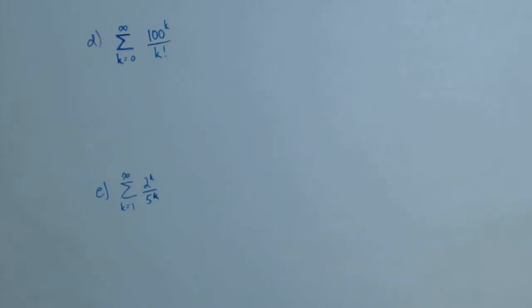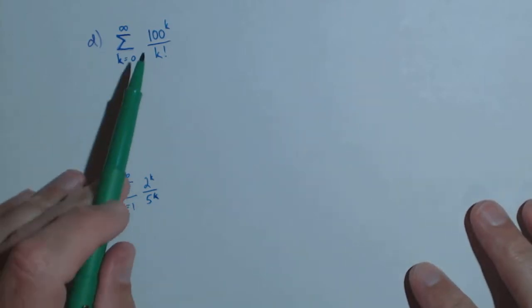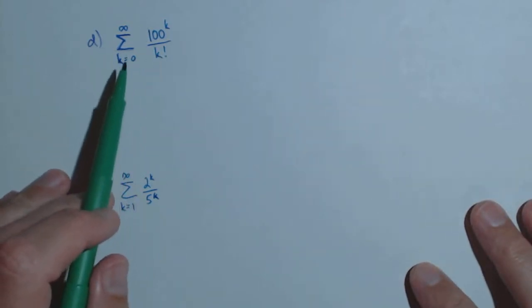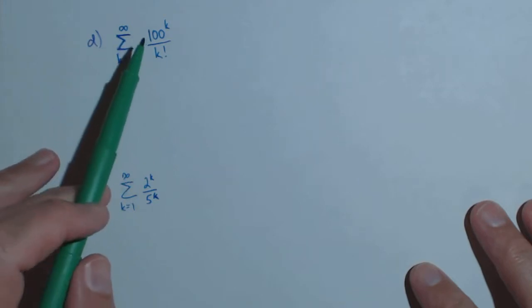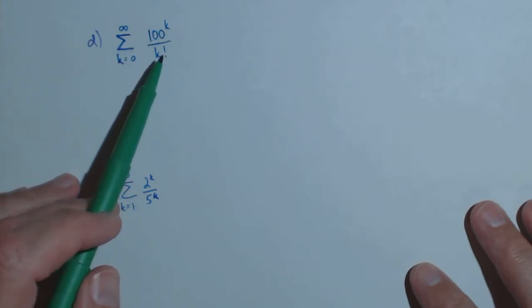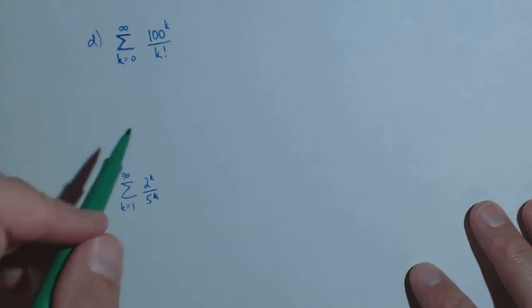So I have a few series here that I want to show convergence or divergence, and I'm going to talk about what test I'm going to use and why. So this first one here, I have 100 to the k over k factorial. I'm going from 0 to infinity. Anytime you see a factorial and an exponential, it's a really big hint that you're going to use the ratio